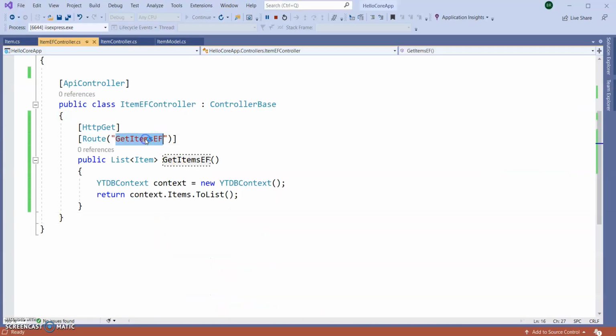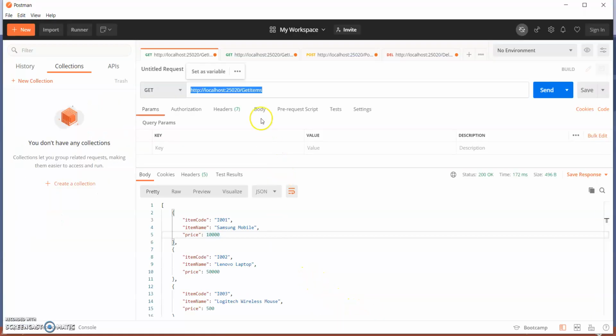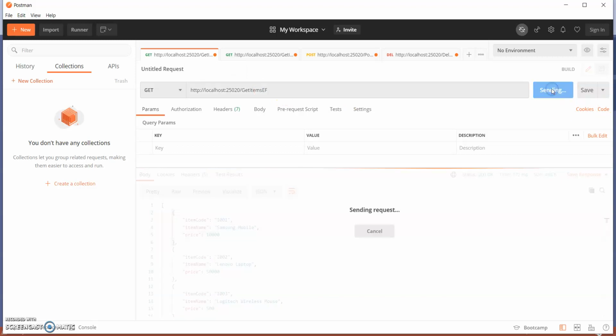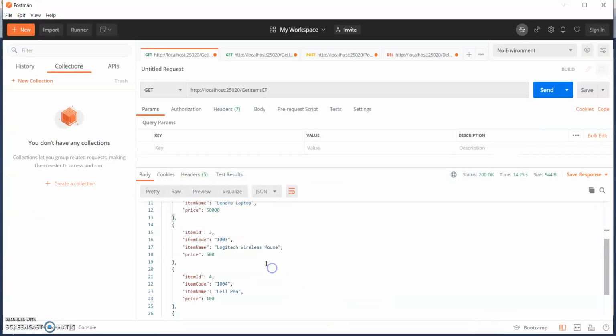This is a new API to fetch data from the context of Entity Framework Core. You can see data has been coming.